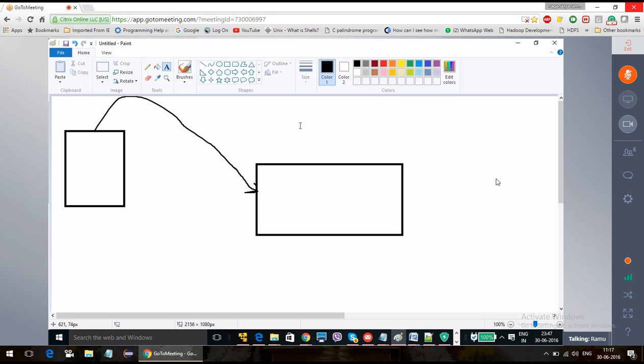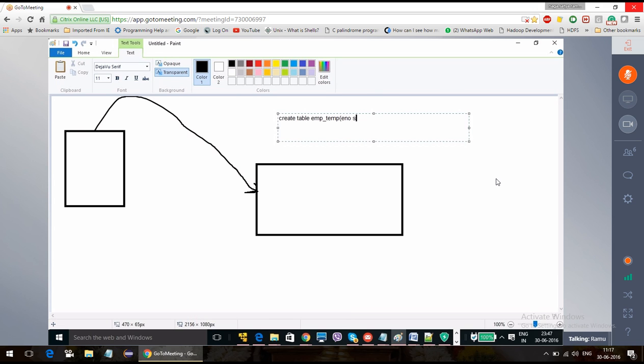Employee number is a string, employee name a string, salary int, sex string, department number a string, and branch string, because I have branch data in my file.